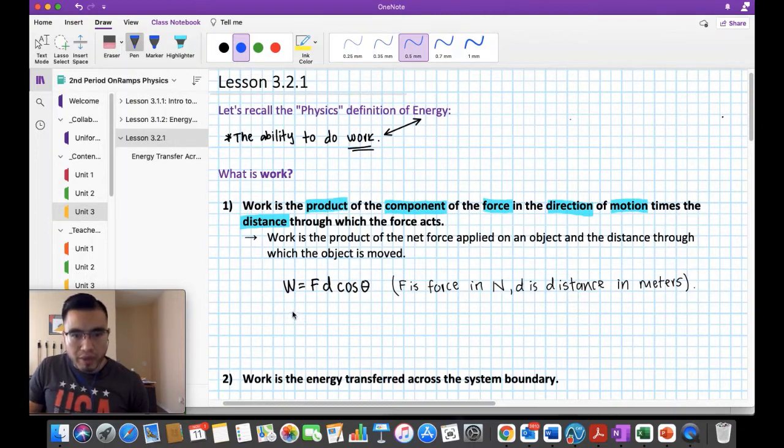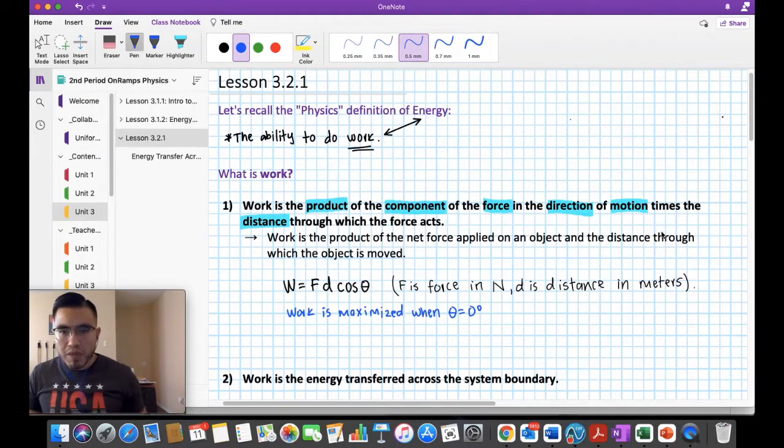So then we said that work is maximized when theta equals 0 degrees. If this is not how you spell it, please tell me. I'll correct it. That's okay. Okay. And then I'm sure when I was talking about the equation, you just saw that work